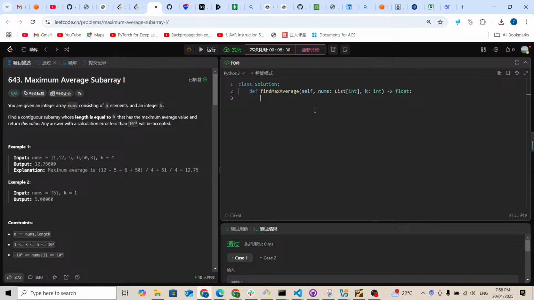The basic pattern is that we're going to prepare a final result, and I'm going to prepare a total. I need to use this total value divided by k to calculate the average value, and then I'm going to find the maximum average value. And I'm going to prepare an L pointer. The result I'm going to set to negative infinity,